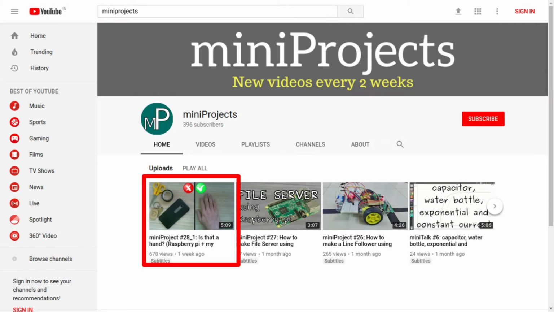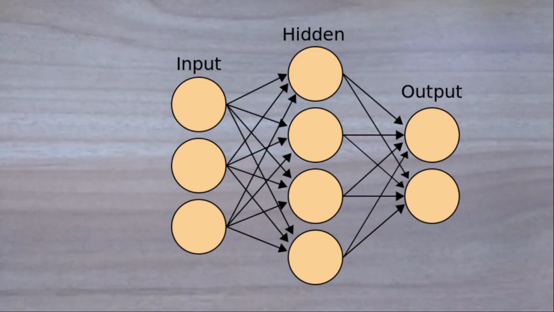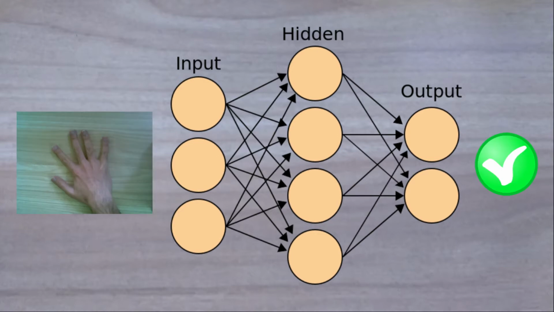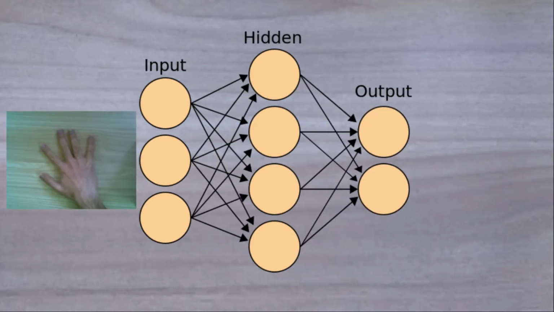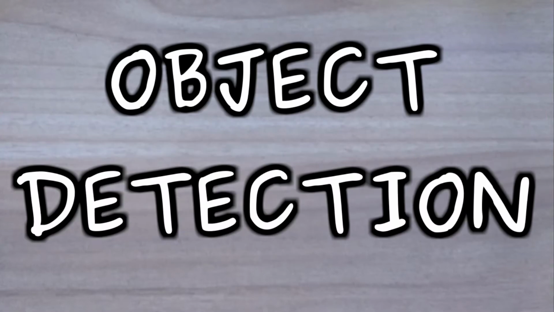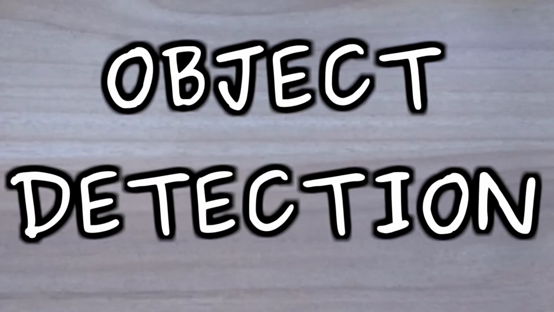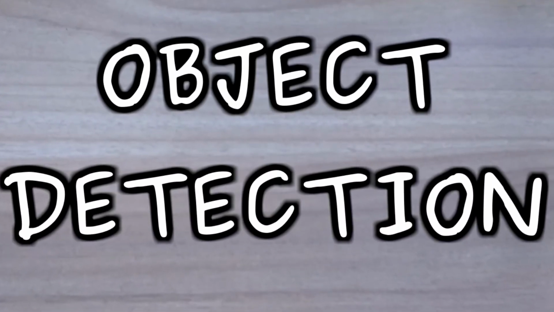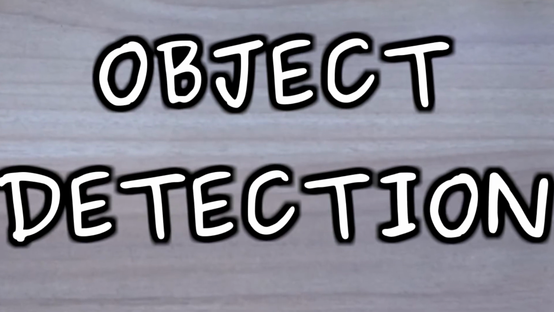In the previous video, we created a neural network that tells us whether a test image contains a hand or not. Well, what next? If a neural network classifies images containing a hand, we would like to know the location of that hand. This is called object detection in computer vision literature. So, let's train a neural network that does exactly the same.